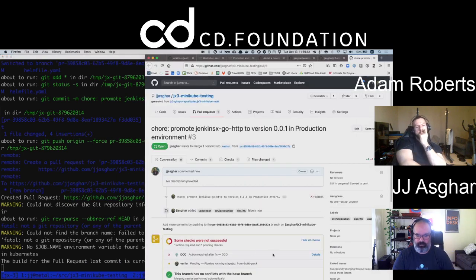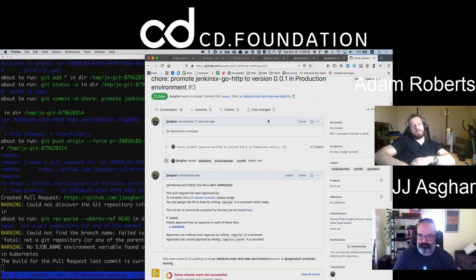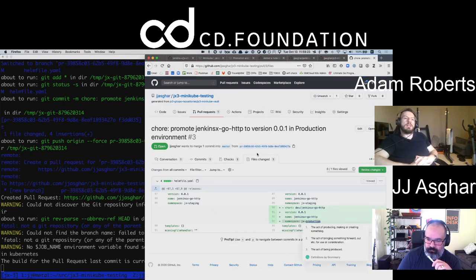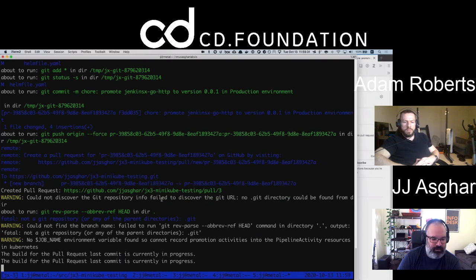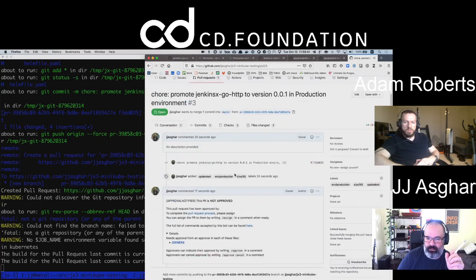There's our PR. Here we go. So before we do any merging, yep, there it is. So I want you to let's look at preview. If you do jx preview -- well, let's go to finish first before we do anything else. This interface right here with the approvers and all this stuff inside of it and the sizing, you know, this reminds me a lot of Prow. Yep, it really does.